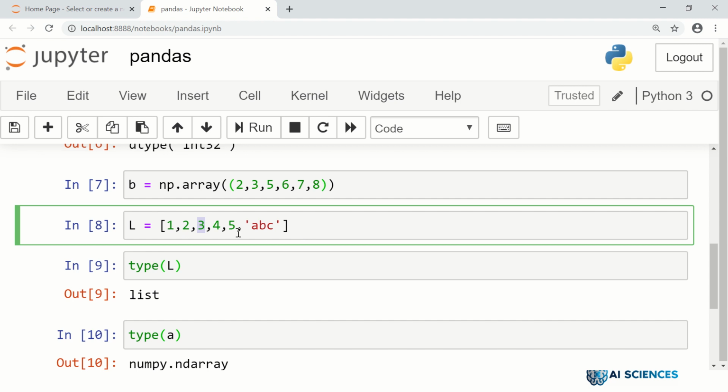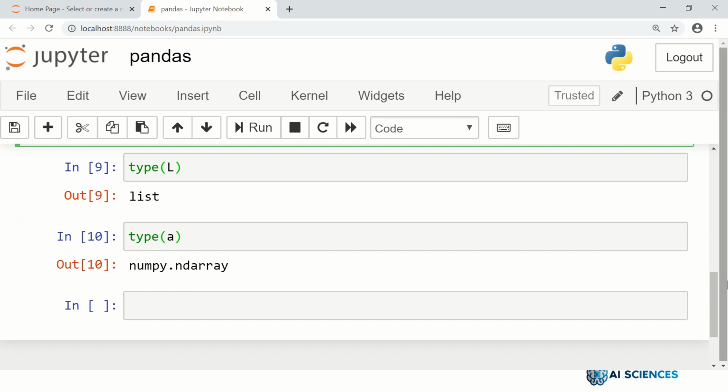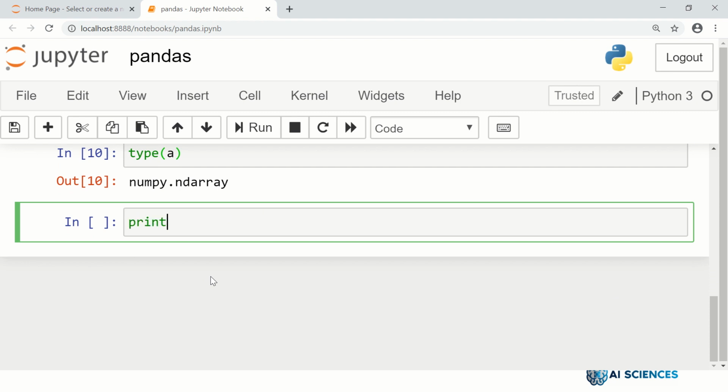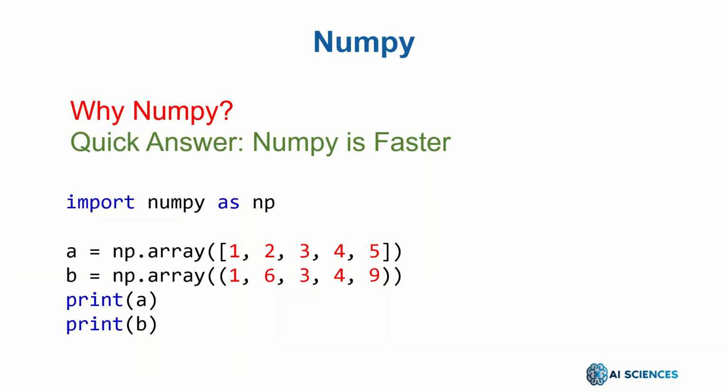A NumPy array, on the other hand, has all the objects of the same type, which means you record all the type information just once for the array rather than for each element individually. And then you can have specialized vectorized code that is much faster for a given particular data type. So that's how you define your NumPy array. You can just print A, and it will give you these values. Yeah. So next, what we see is